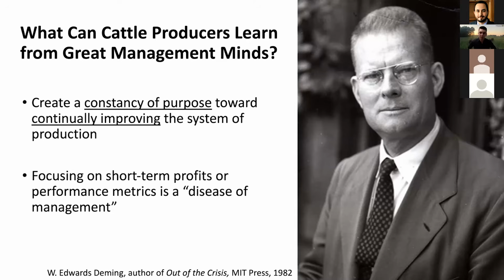And we use some kind of a metric that can sometimes be a mistake. We might use something like pregnancy rate this year, pregnancy rate to AI this year, weaning weight. And those short-term kinds of performance metrics, or even just the short-term profitability of a decision in any one year, Deming would call a disease of management, because it takes away from this constancy of purpose towards continually improving the